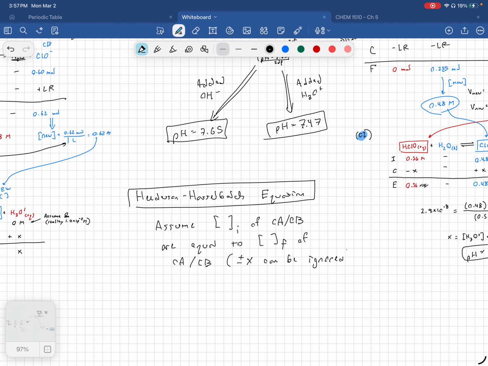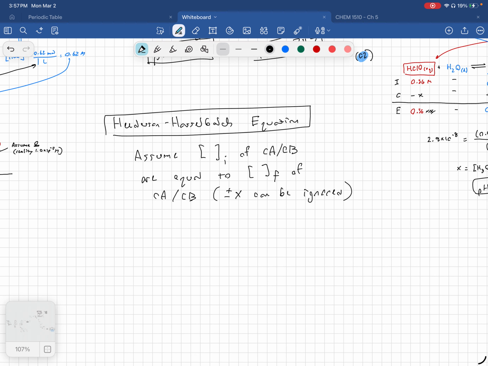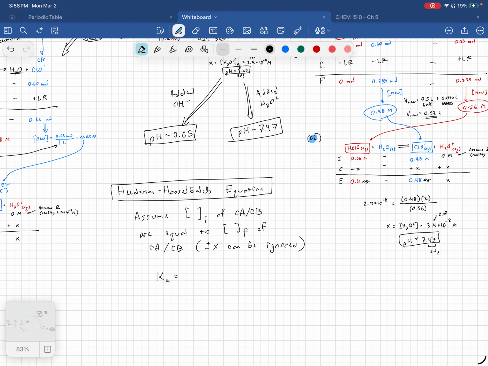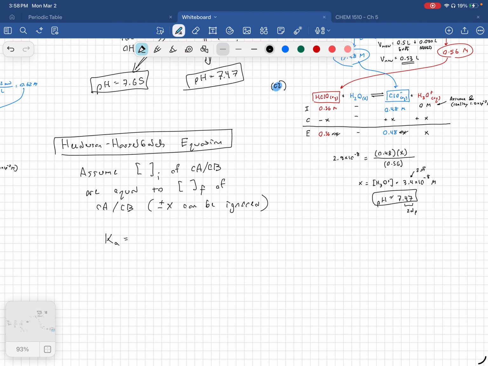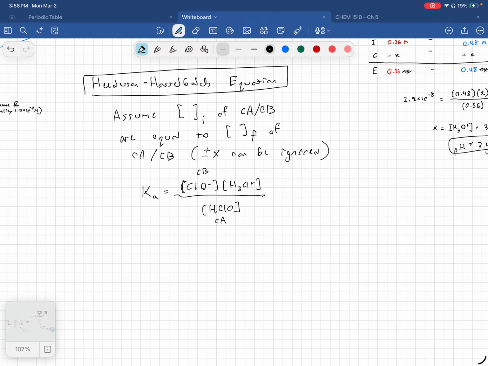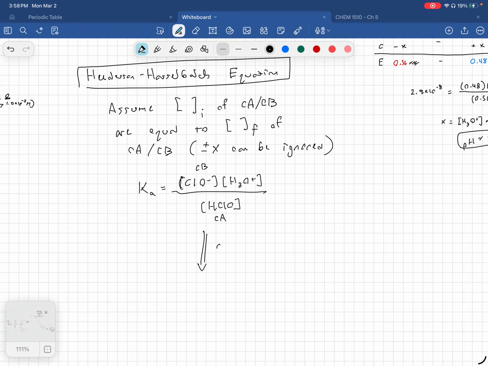If that's true, we can take the Ka expression here, which would be the concentration of ClO minus, which is our conjugate base, times our H3O plus concentration, all over HClO, which is our conjugate acid. And if we rearrange this,